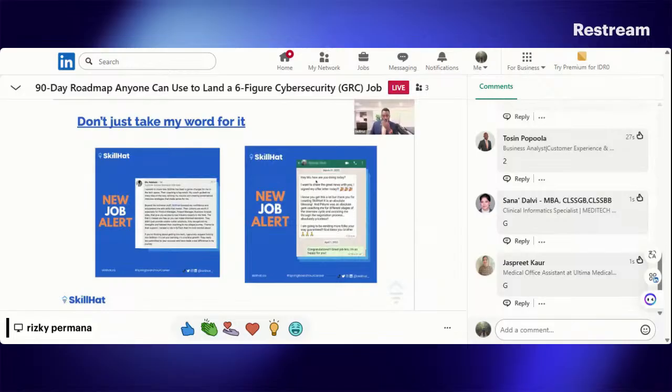So another one, this is one saying, I want to share the great news with you. I signed my offer letter today. This is as far back as 2022, right? I've been doing this for a while. Saying, I know you get this a lot, but thank you for creating Skill Hat. It's a blessing. And the coach was a game changer for me across stages in the interview and assisted me through negotiation as well. Negotiation is a fast way to gain value, okay?